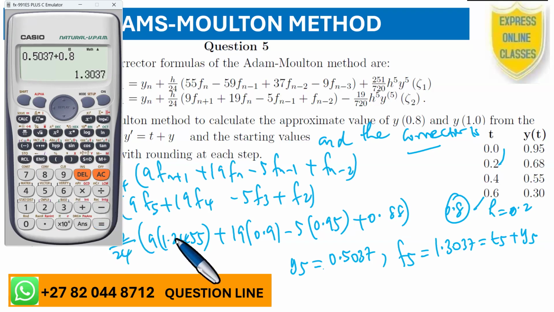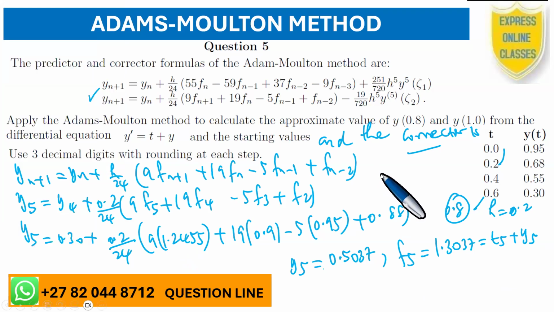And then you're going to get 1.3037, and that becomes the answer. Okay, right. We shall continue now and look at the next step. This is what we've done at t equals 0.8. So it was actually exactly at t equals 0.8. If at t equals 0.8 that is what you're getting, it means therefore at 0.8,